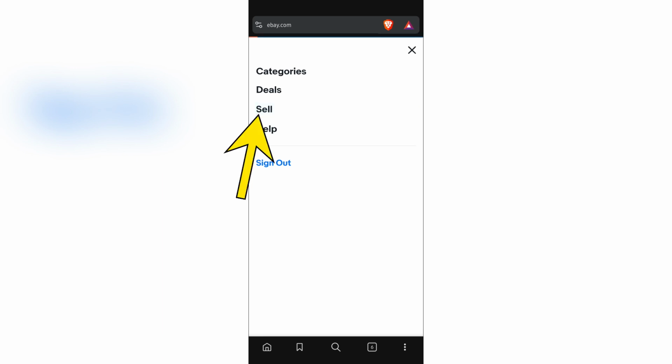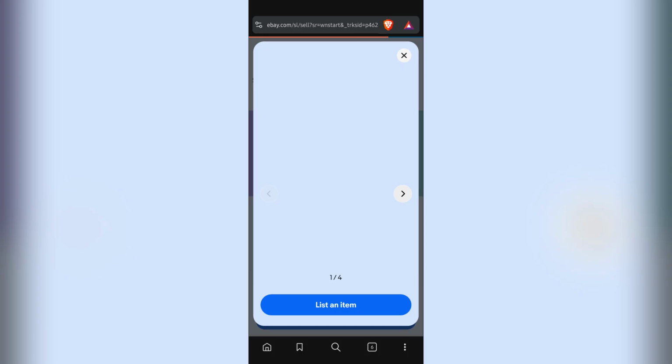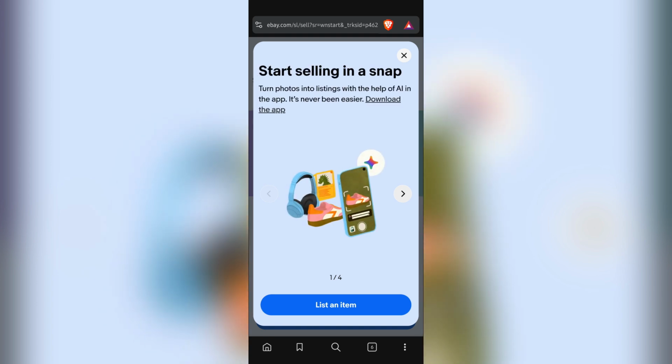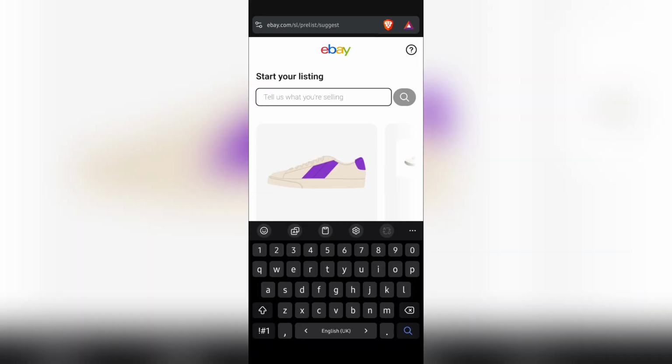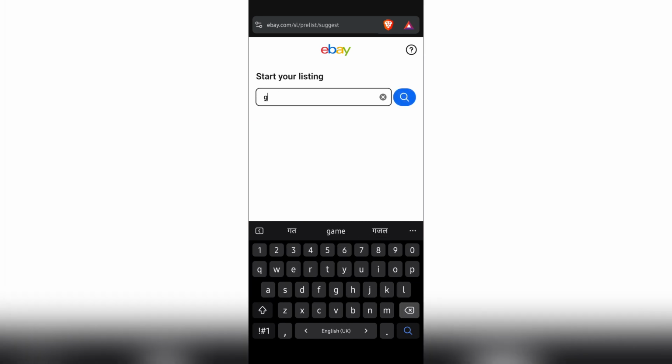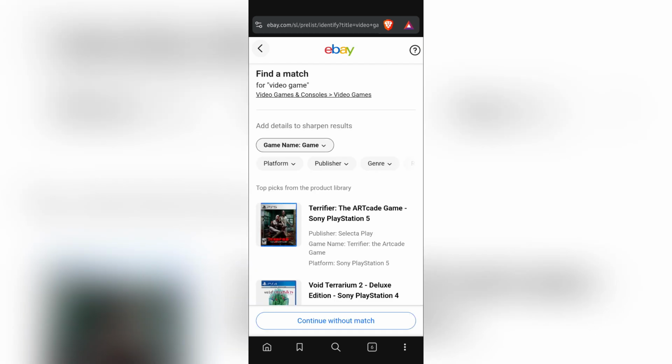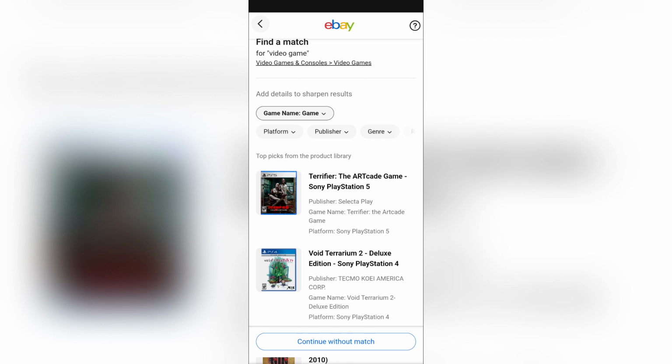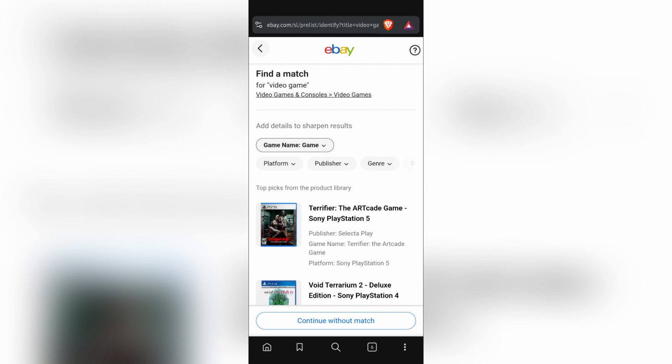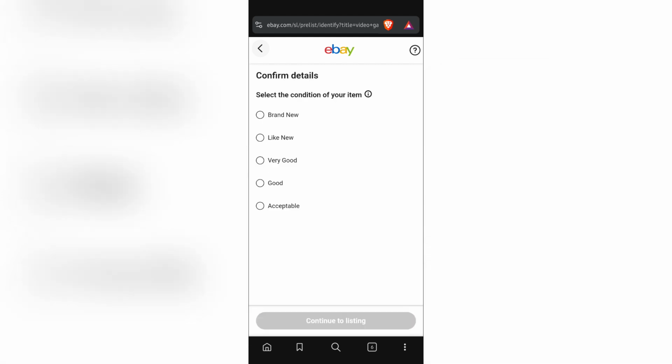Tap to that, and then after tapping to sell, you will get this page. Just simply tap to list an item, and after that just simply search for game or video game. And after searching that, a lot of identical video games might appear in here. You just simply need to find your match, what you would like to sell. Now if you cannot find it here, you just simply need to tap and continue without the match option, and